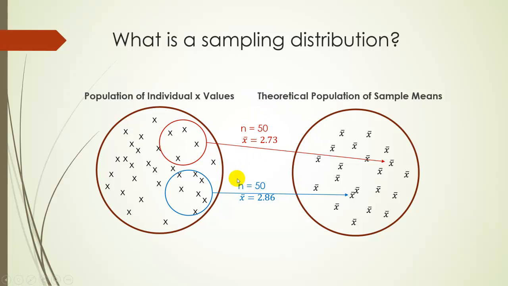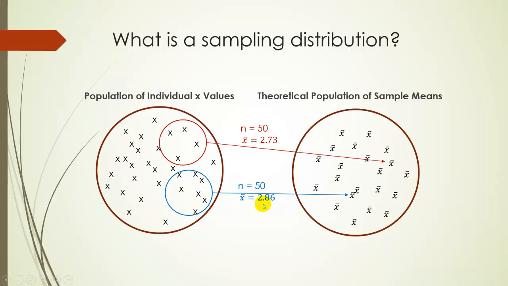In this example, I was picturing maybe taking samples from a population of HCC students. The average for this population might be something like 2.8. So in other words, the average GPA of all HCC students might be somewhere around 2.8. But when I do a sample, some people in the sample might have a pretty low GPA, like 1.2, and some people in the sample might even have like a 3.9 or a 4.0, because GPAs vary all over the place. But if I average 50 GPAs randomly taken from a population into a sample,